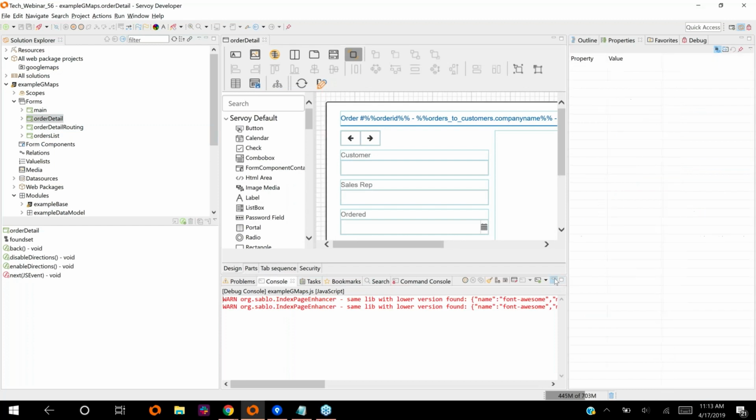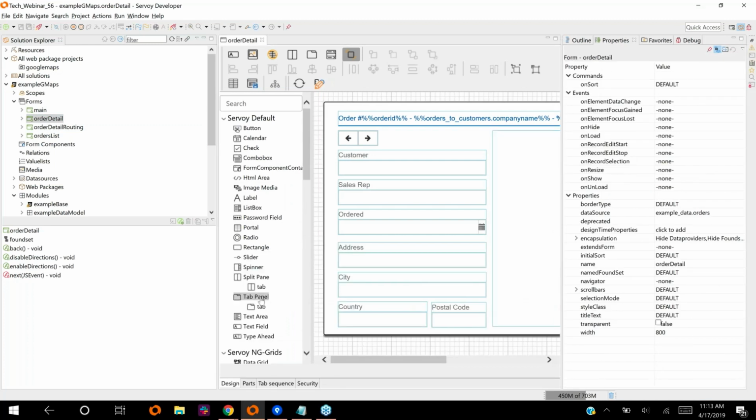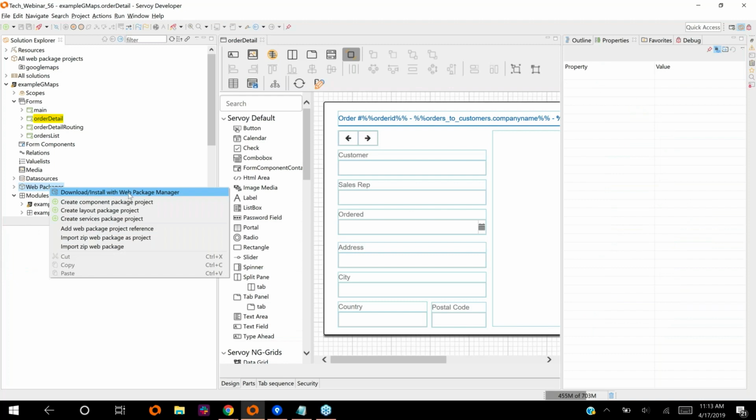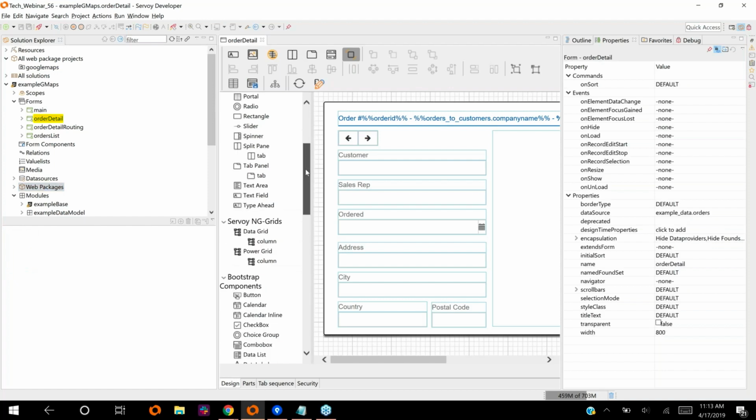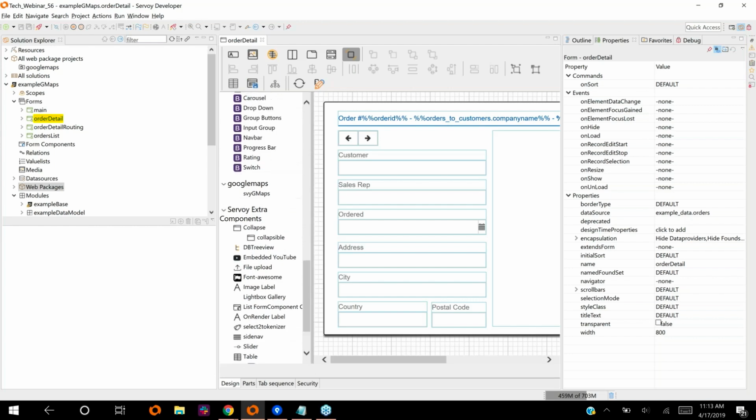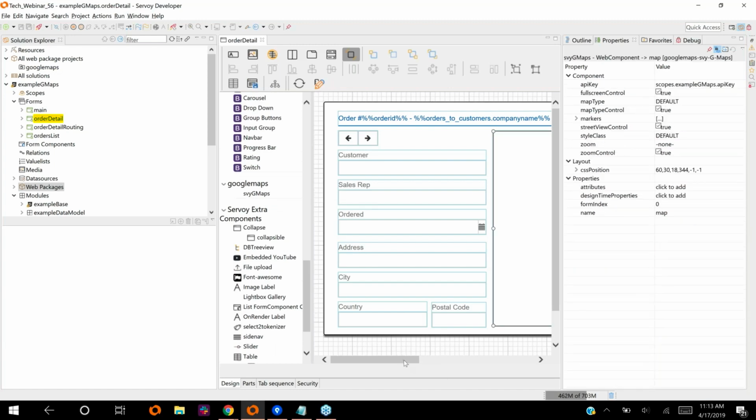For those of you who are fairly new to Servoy or the NG client, to get the maps web package, you right-click the web package icon here and you download install with the web package manager. And when it comes up, you select the GMaps package and it will install it, after which you'll get on your palette here the web package and the component. You drag the component on the form, and when you highlight the component,